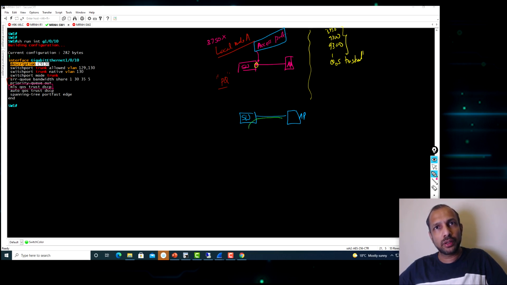For example, this is the SSID traffic, and you want to terminate that traffic locally, but the AP management, in our case, will be on VLAN 130. It has an IP address in the 192.168.130 range. So that VLAN will be untagged.